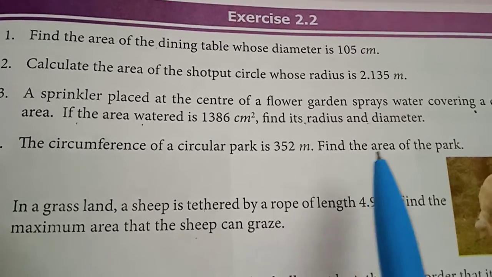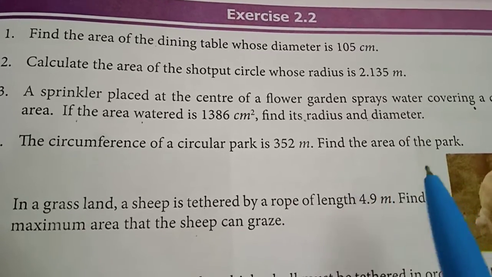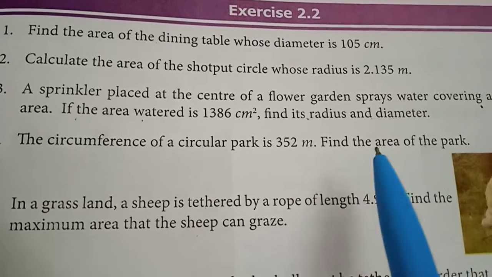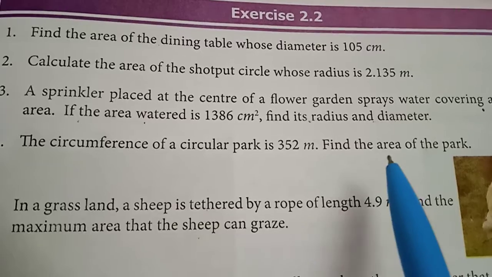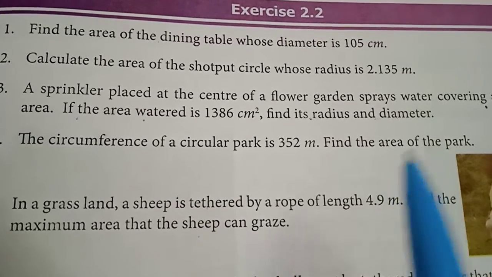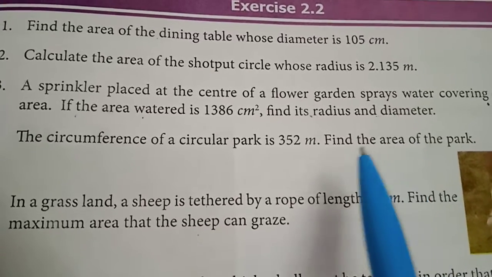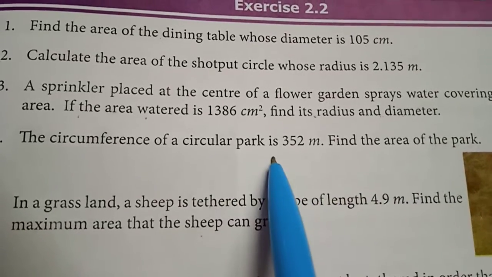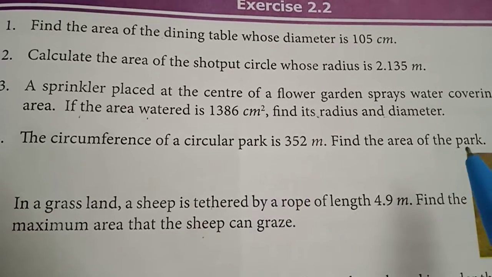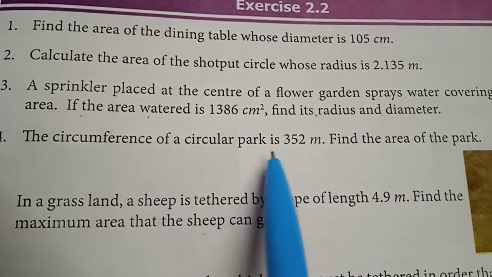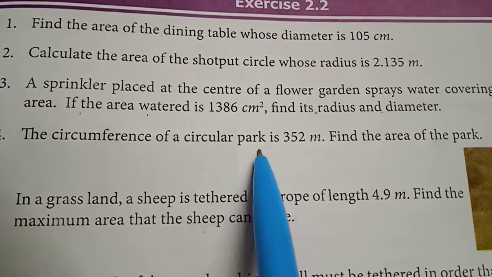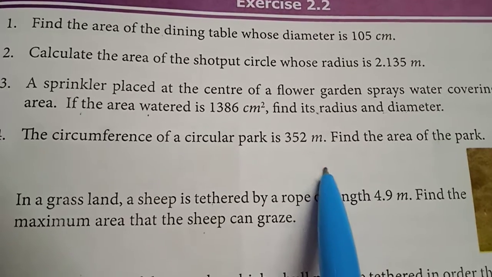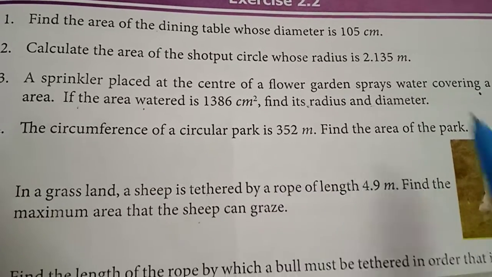First you think of it. To find the area, what are the values we need? Formula to find area of a circle is pi r square. So first we have to find out r, right? After finding r only we can find out area. But have they given a radius here? R value, is it given? No. Instead they have given the value of the circumference. There is 2 pi r values given. So using that, first thing we have to find out r, then we'll find out area.